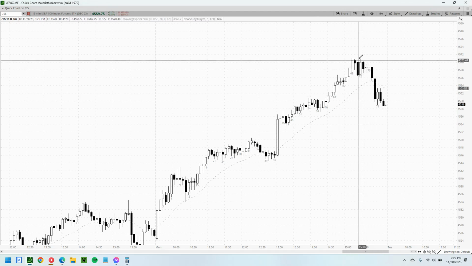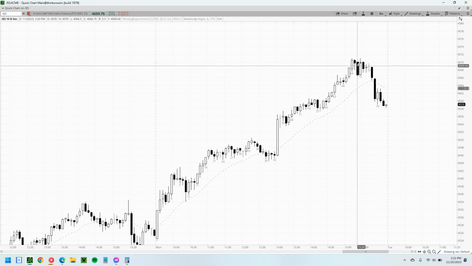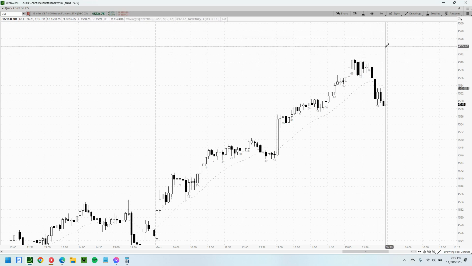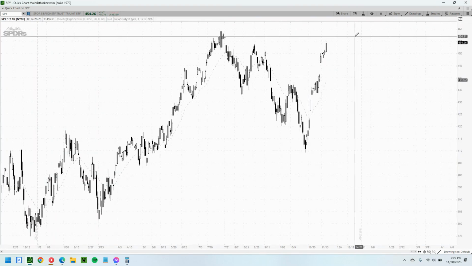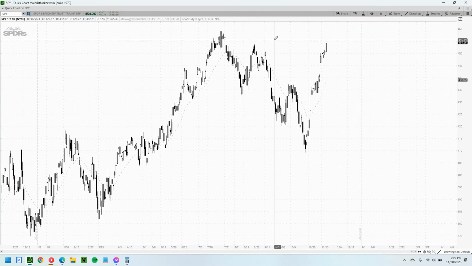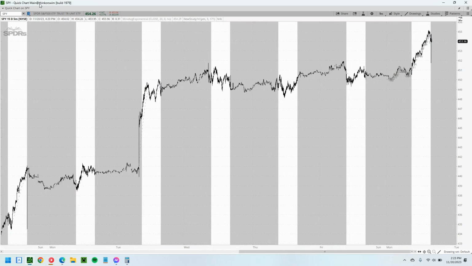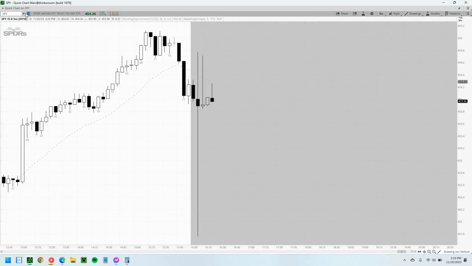But bulls, it's late in the day. If we were going to race up to some sort of magnet, we probably already got there since 71 closed strong. And the magnet I thought we were going for, I was watching on SPY a lot of the day, but the magnet I thought we were going for was this low, because limit order bulls bought below here and never had a chance to get out of break even. So I was actually kind of surprised when we got 71 and those traders were not let out at break even